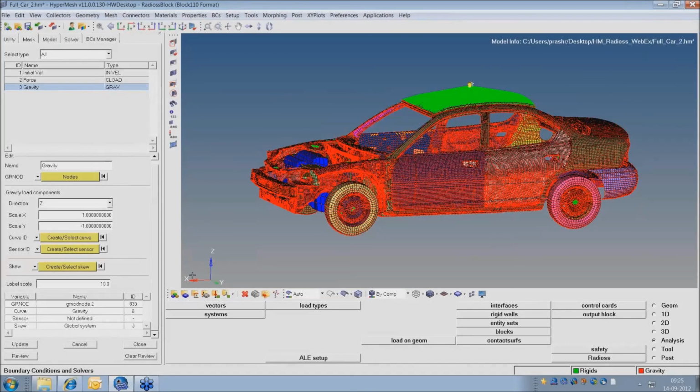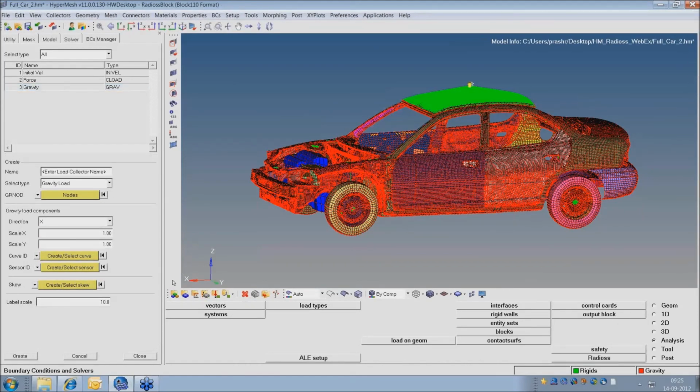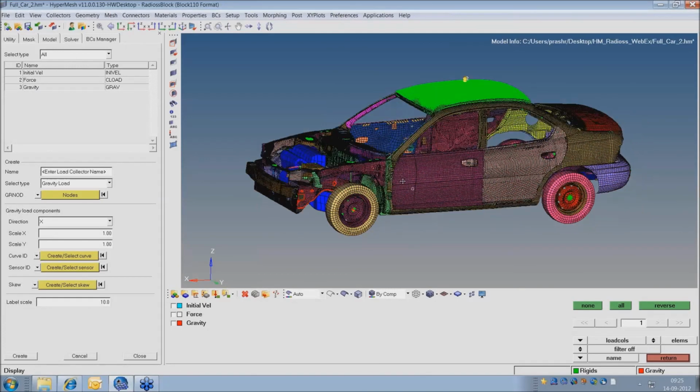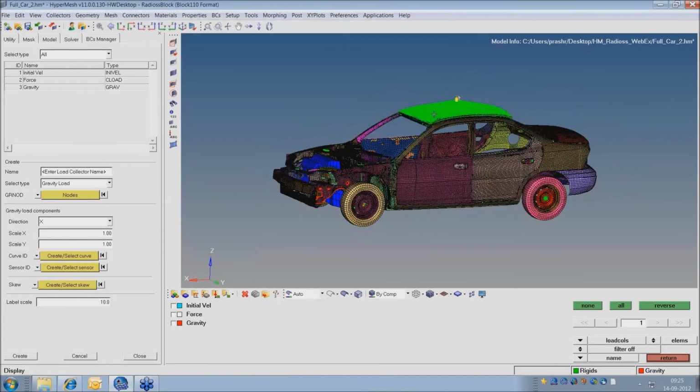Okay, it is done now. I'll again switch off all the load collectors.